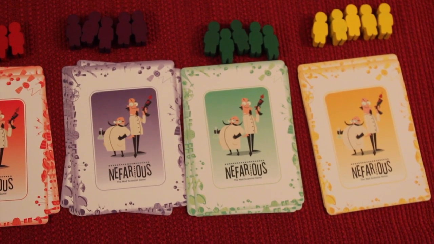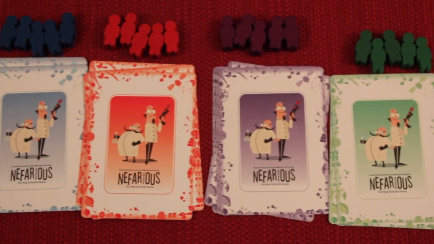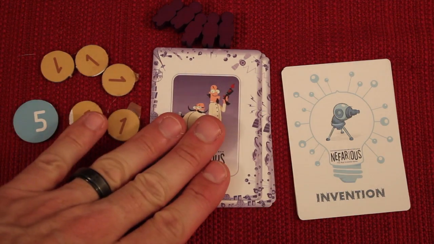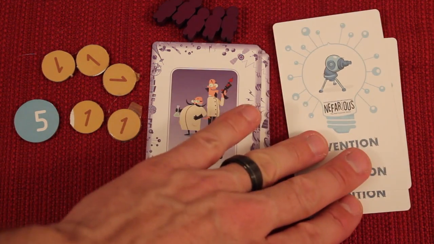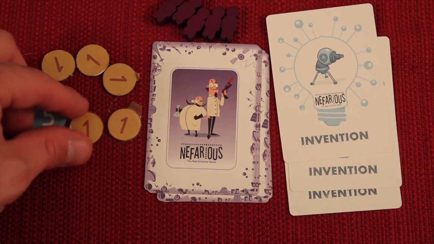In Nefarious, at the beginning of the game, you get to pick your color, and by doing so, you pick up the 4 action cards of your color and 5 spies. Now, all those action cards do all the same thing. The only difference is really the color of them. And when someone's taken a color of cards and their spies, they also get 3 invention cards face down. These will be hidden from other players. You also get $10,